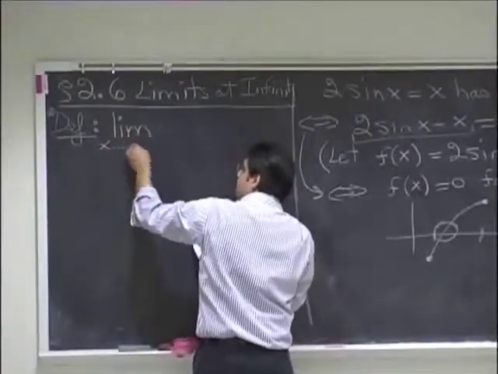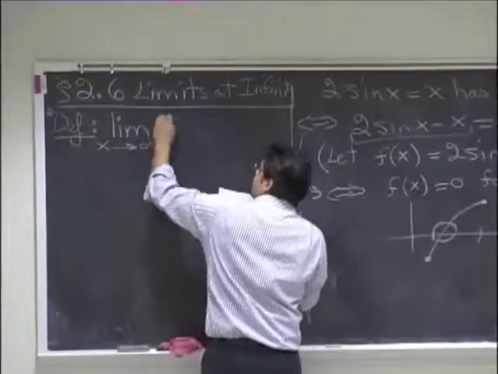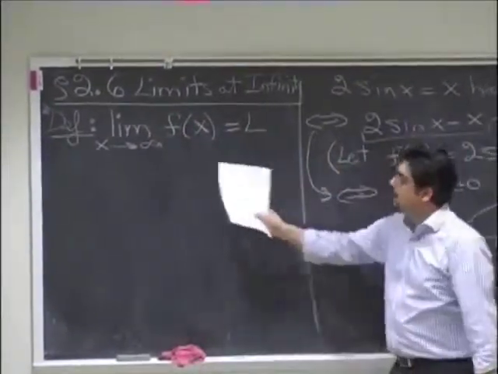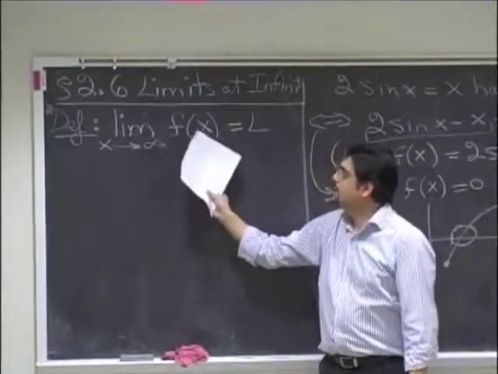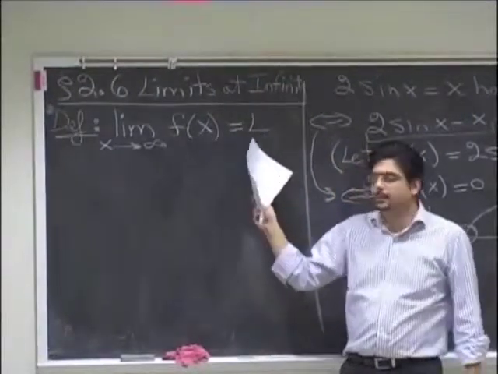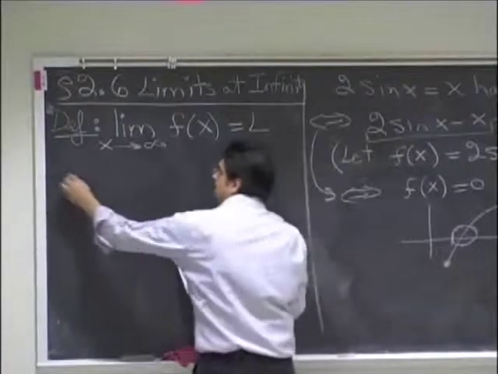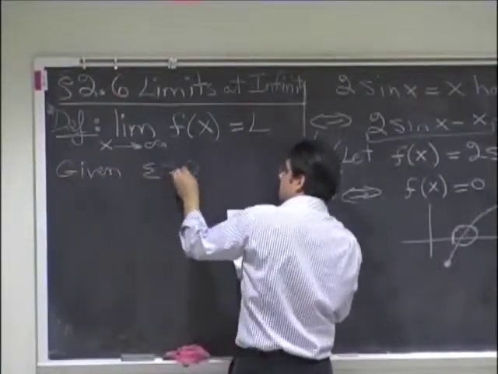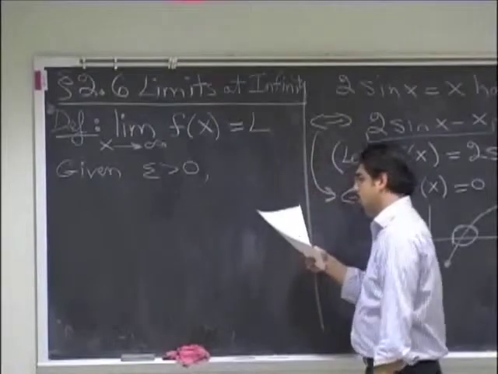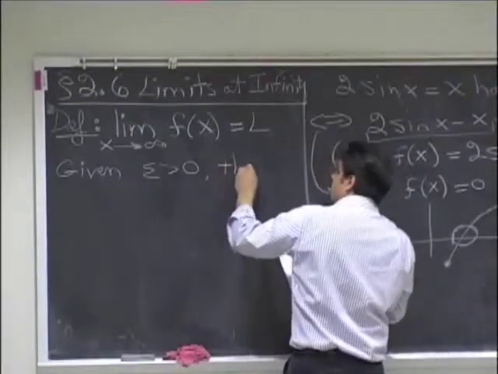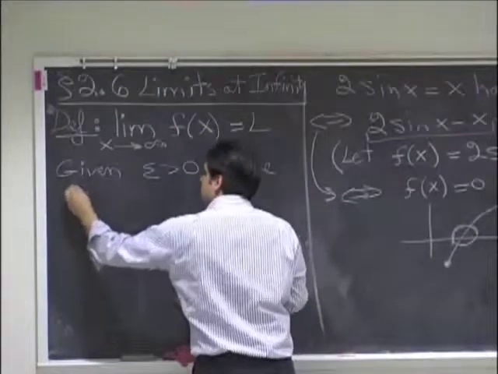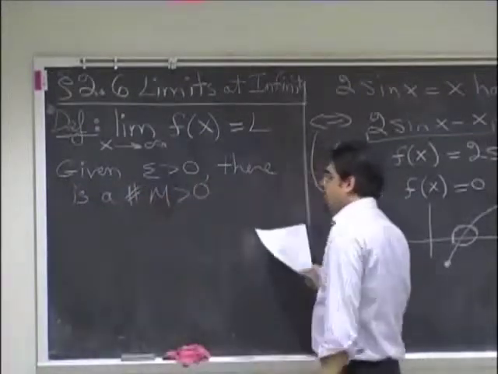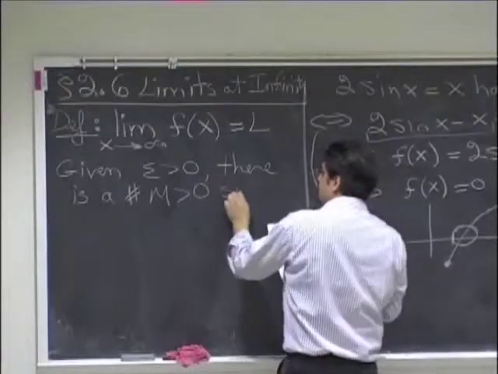So we're going to write this statement. The limit as x approaches infinity of f of x equals a number L means that given epsilon greater than 0, however small, there is a number M, positive, such that